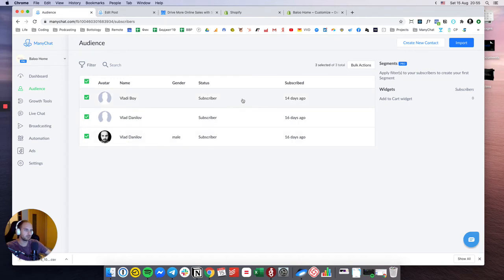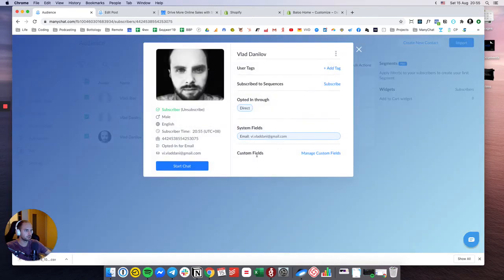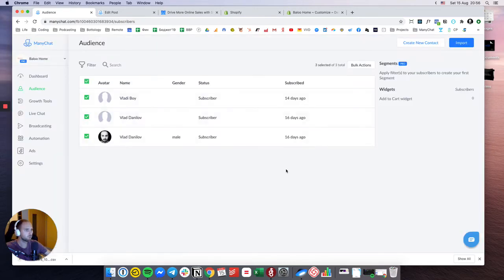And another thing that we can manually use, we can download that data actually. So if we open a subscriber and we have all that information here, some custom fields and tags probably, and we can download user's data, and it will export a special JSON file for us which has all of that